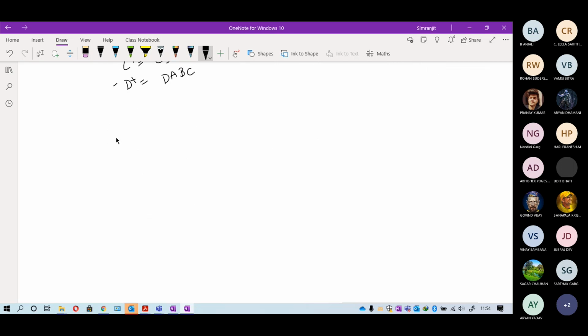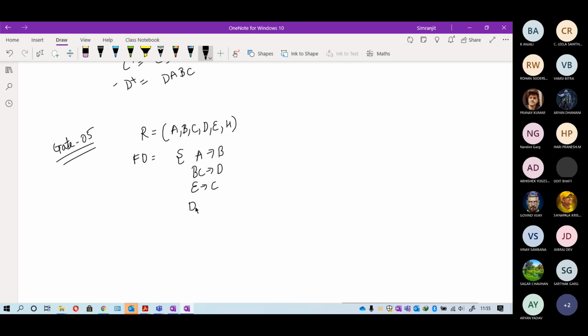Now, it's a GATE question. I think you can easily solve it. You just have to keep the basic part in mind. The GATE question says that the relation here is R(A, B, C, D, E, H). The FDs given to you are A tends to B, BC tends to D, E tends to C, D tends to A. These are the FDs that are given to you. So they are asking what are the candidate keys